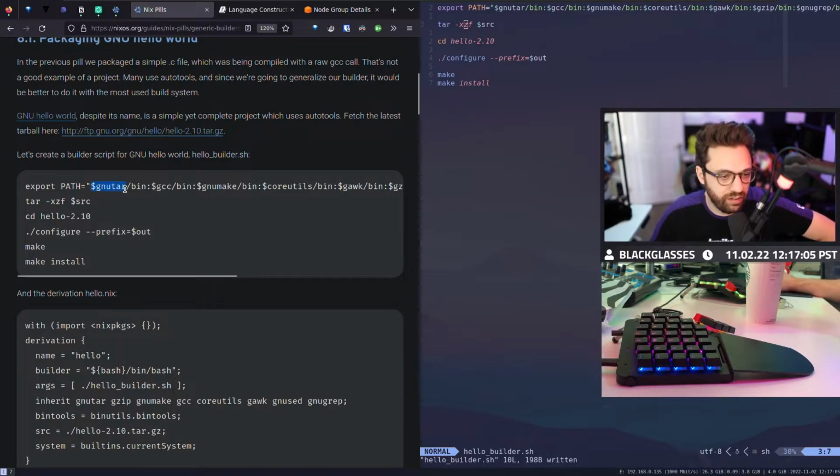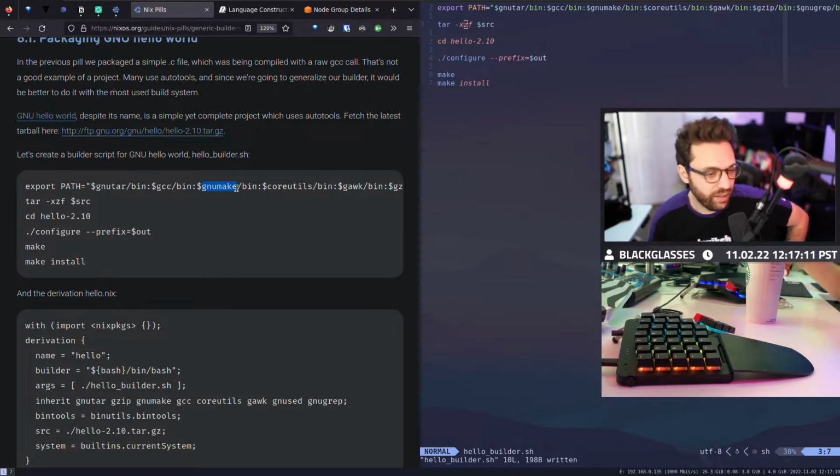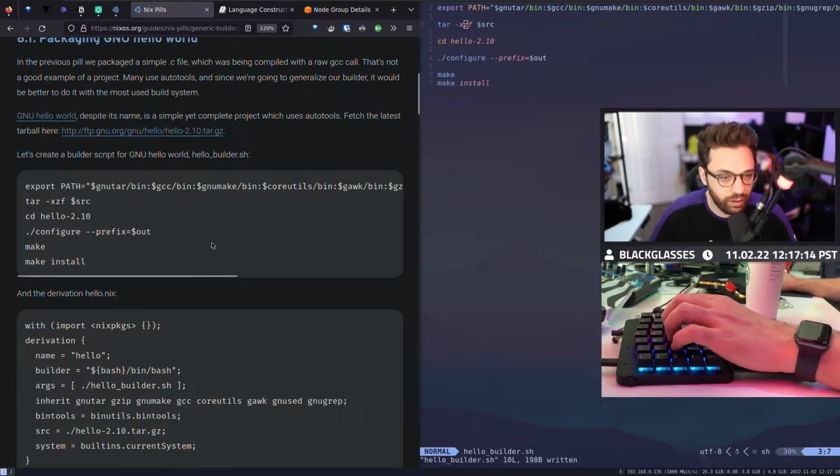So in this scenario, we're telling Nix to run this script, and when it does, it's going to inject these environment variables for us, and these environment variables will actually be paths to the binaries that we need to run. So GNU make, obviously, is for make, and so forth and so on. So like I said, we've got this very simple reusable shell script to rebuild software with, and the focus here being we're rebuilding hello with make and make install, okay?